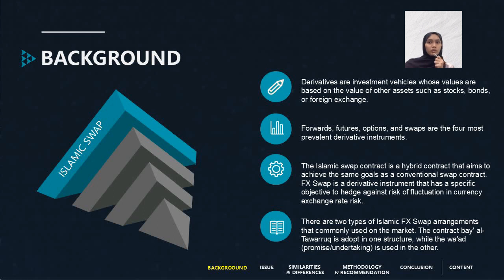The Islamic swap contract is a hybrid contract that aims to achieve the same goal as the conventional swap contract, which is a derivative instrument that has the specific objective to hedge against the risk of fluctuation in the currency exchange rate. There are two types of Islamic foreign exchange swap arrangement that are commonly used in the market. The first one is the contract of bai' at-tawarruk, adopted in one structure, and the second is the wa'ad, which is the promise or undertaking, used